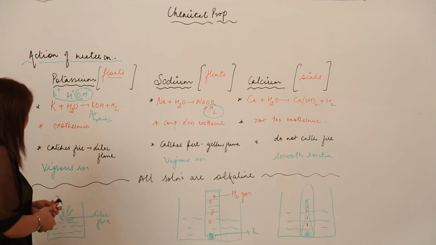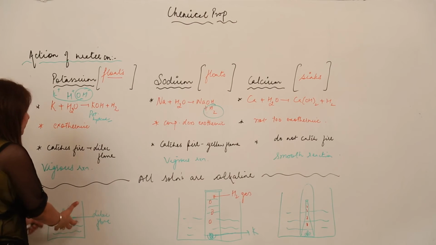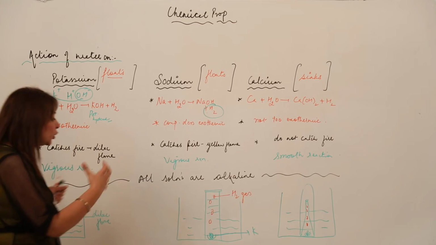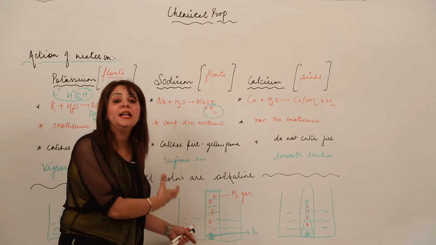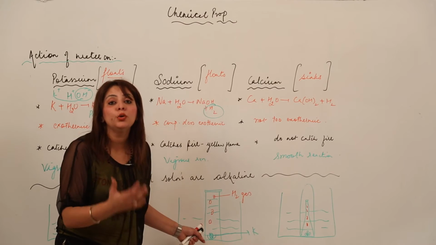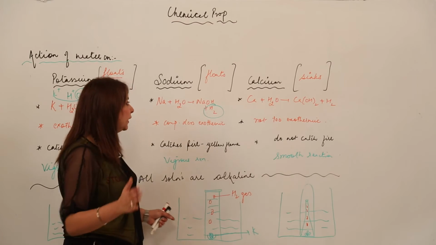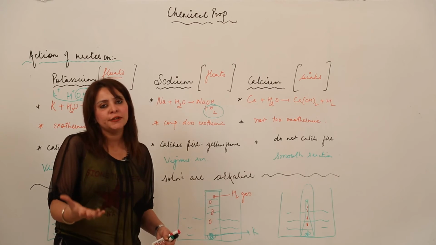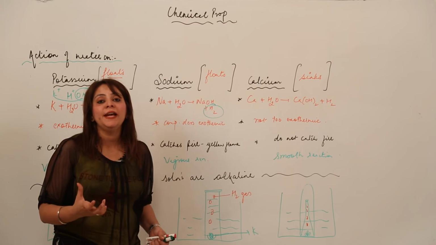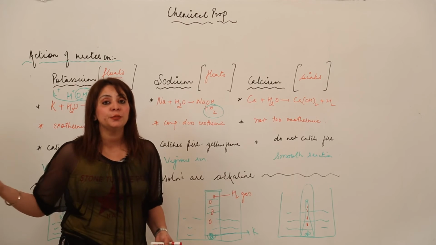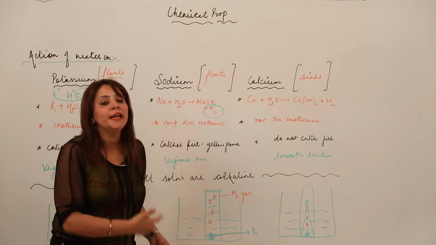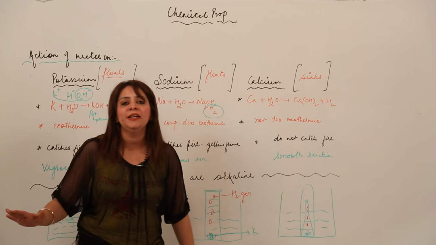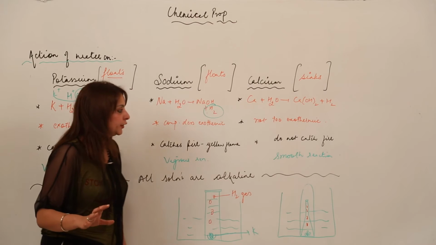And as you saw, potassium catches fire in water and the flame is lilac. Sodium also catches fire, but the color is not lilac, it is golden yellow. So you need to be clear in mind that when sodium reacts with water, it obviously also burns, but the color of the flame is not lilac, because lilac is for potassium, it has the golden yellow color. But calcium does not catch any fire when it reacts with water.